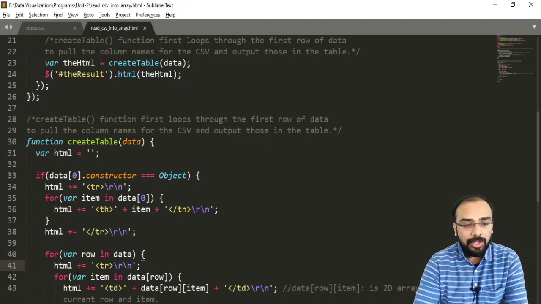Again for that we have to use a variable which will take the data for that particular row and store it inside the table data. For storing the data we have to use a tag which is named table data. Now I am appending the data. So observe this carefully: table, that is data of row of item.